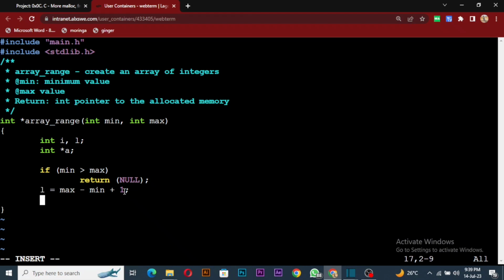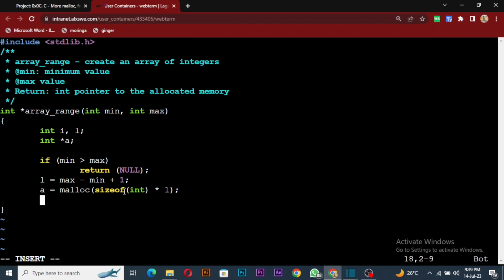So we'll allocate memory for it, and then inside the memory we will say sizeof an int times the length, which is l for length, right? So, and then we'll check if our allocated memory is allocated, or so if this one is equal to null,